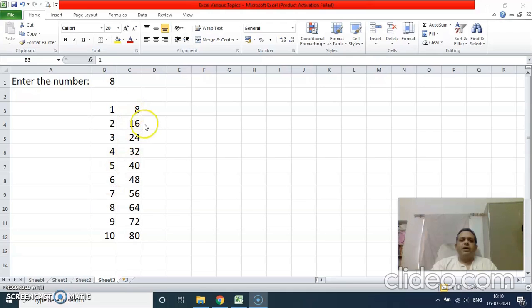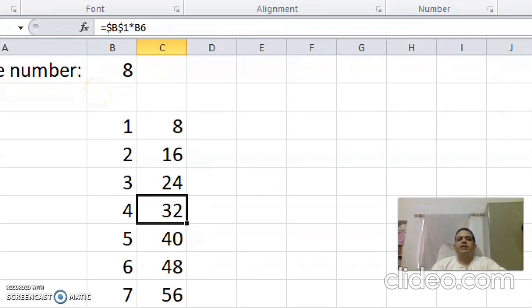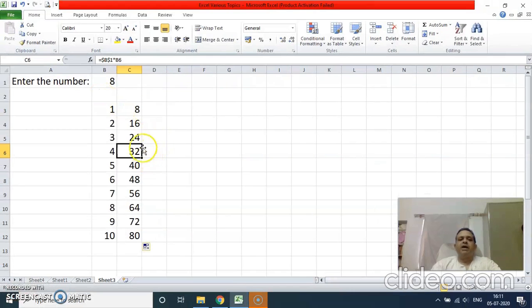So let us continue. As I was explaining to you all, as you can see here, the formula is $B$1. This makes this cell absolute, meaning as you copy paste this formula, only the second cell reference is changing, meaning the cell references B3, B4, B5, B6, only these are changing here, but $B$1 means this cell remains fixed as it is taking the number 8 from there. So 8 will be multiplied by 1, 2, 3, 4, 5, and 6 and so on one by one. So this is the use of absolute referencing.